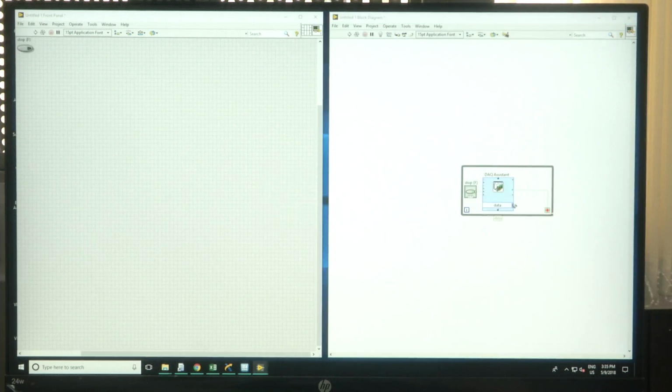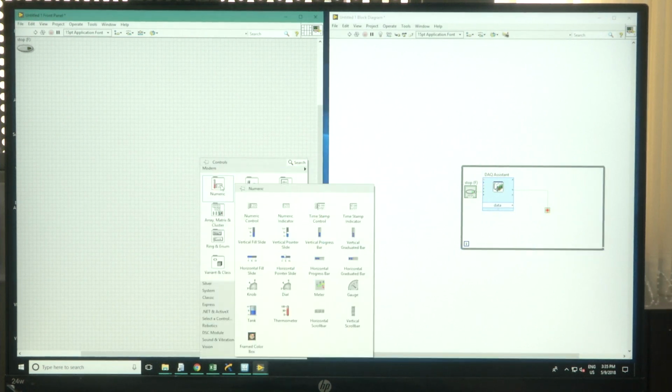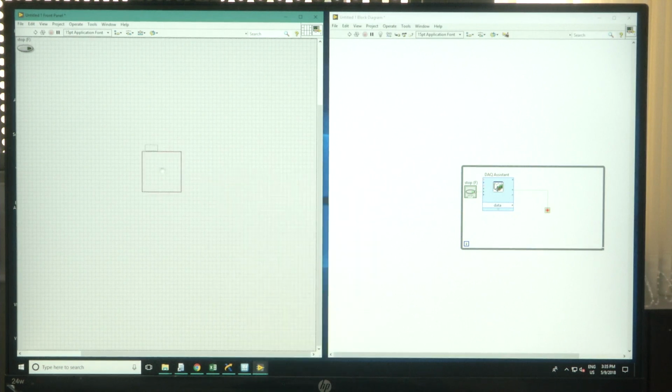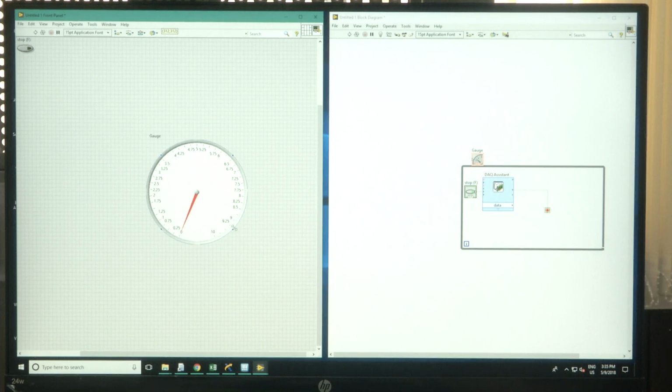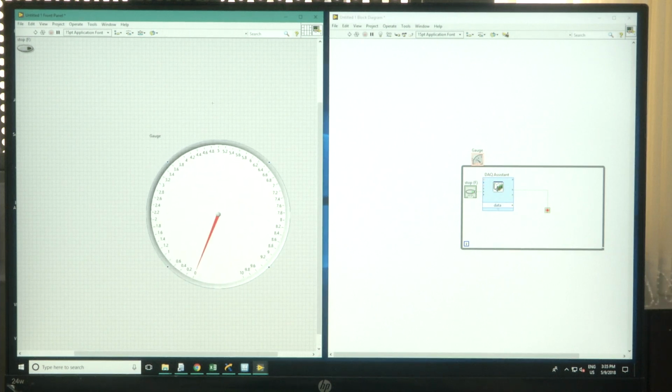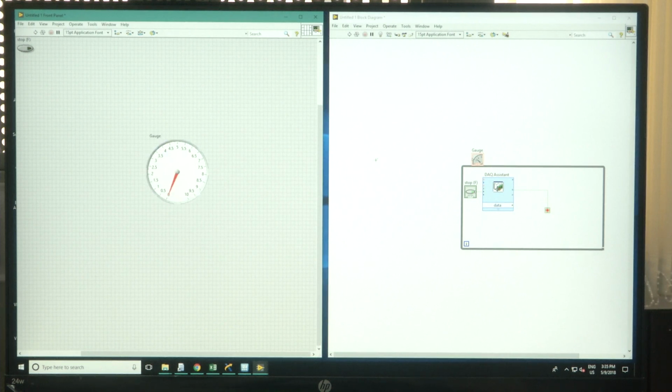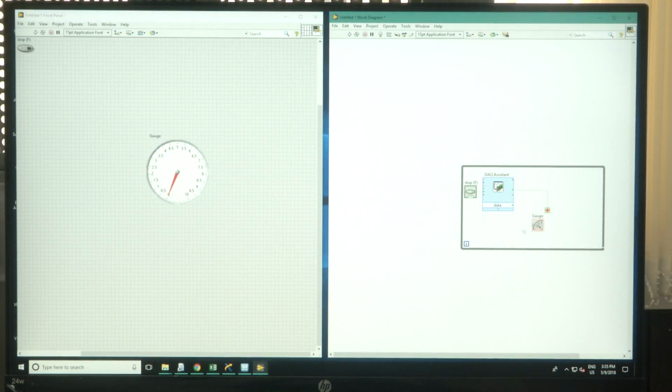The data which is being acquired, I will display on the front panel by using a meter or some gauges. So, I am connecting it to the gauge. This is a gauge, and connecting to the data.